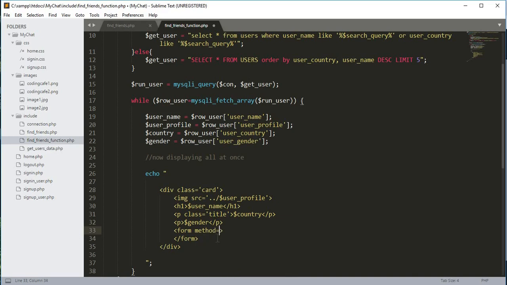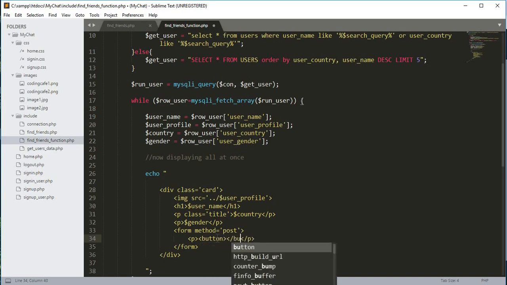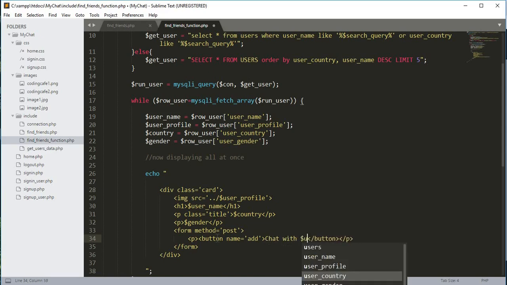Its method will be equal to post, and then we will open up a paragraph tag, and inside this paragraph tag we will add a button, and the button name will be equal to, let's just say, add, and then we will type chat with, and then the username. Okay,